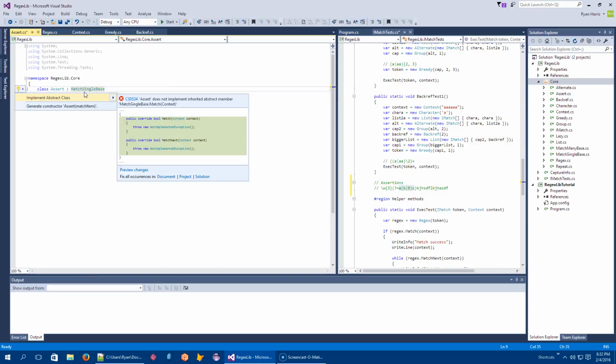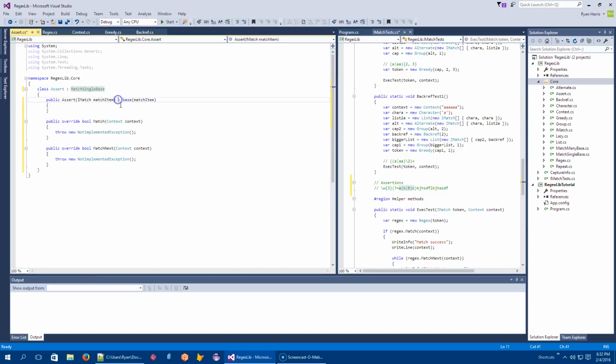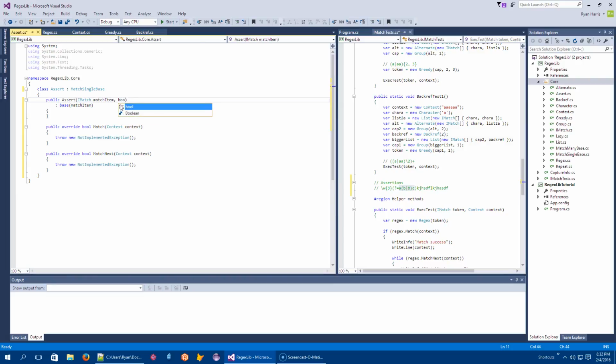And I'm going to go ahead and implement that, and generate a constructor. And we're going to keep track of one more piece of information here, which is whether or not this is a positive or a negative assertion, right? Because I can say a positive assertion, something like this, or I can say a negative assertion, and it would be something like that, right?